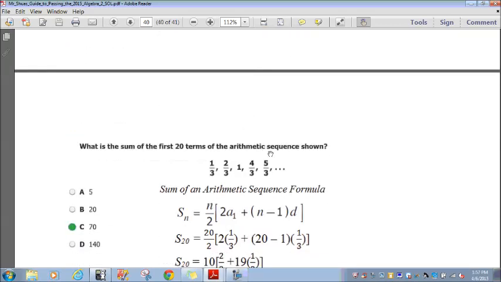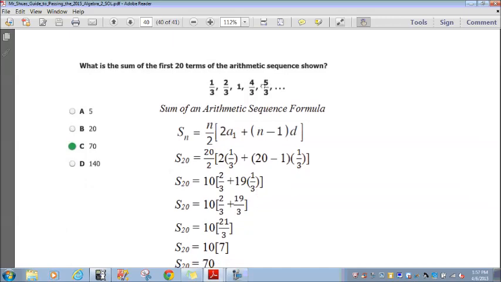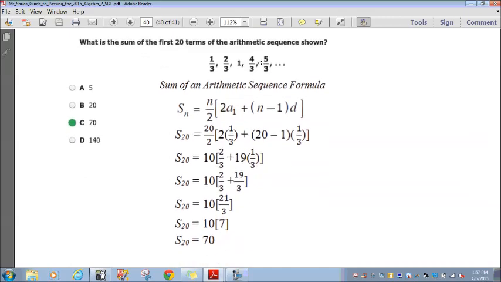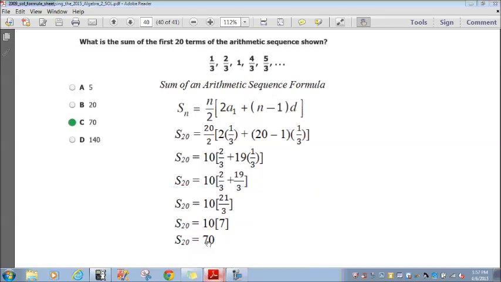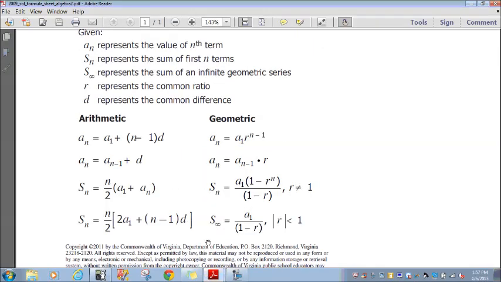All right. What is the sum of the first 20 terms of the arithmetic sequence? So beforehand we used a geometric sequence. Now we're going to use an arithmetic sequence. 1/3, 2/3, 1, 4/3, 5/3. Now, just looking at this, you should see that the common difference between them is adding 1/3. Adding 1/3. Now, if I go to my formula sheet, my paper sheet here, or your pull-down menu,